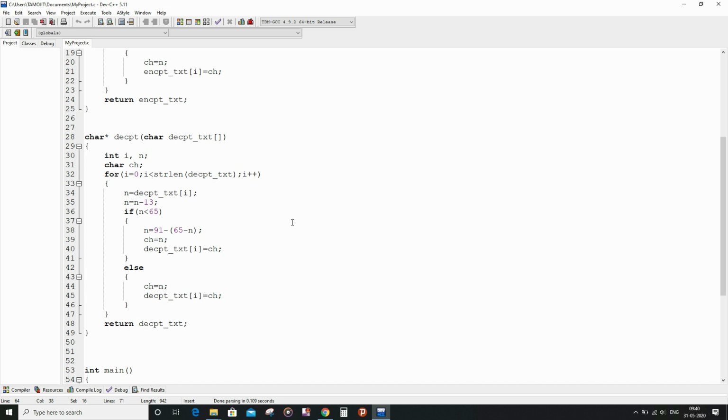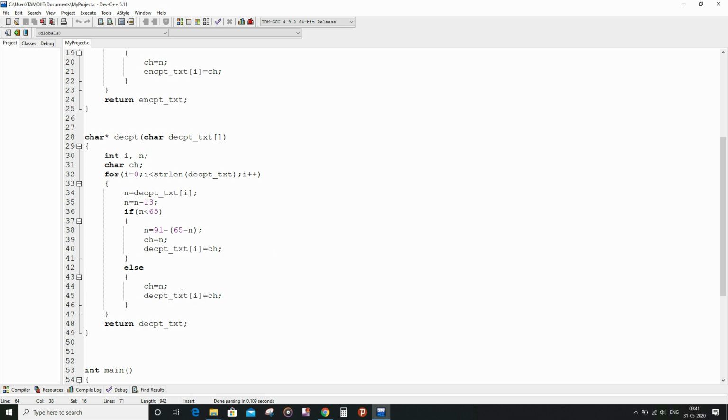And then after all that, I had converted the manipulated integer into the character format and then placed it in the place of the original character. And in the else part, where n is greater than or equal to 65, I had simply converted the ASCII equivalent into the character form and placed it in the right place.